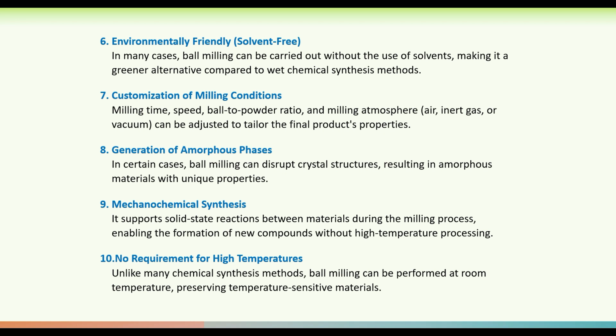Generation of amorphous phases. In certain cases, ball milling can disrupt crystal structures, resulting in amorphous materials with unique properties. And mechanochemical synthesis. It supports solid state reactions between materials during the milling process that enable the formation of new compounds without high temperature processing. And in this ball milling method, there is no requirement of high temperature. Unlike many chemical synthesis methods, ball milling can be performed at room temperature itself,